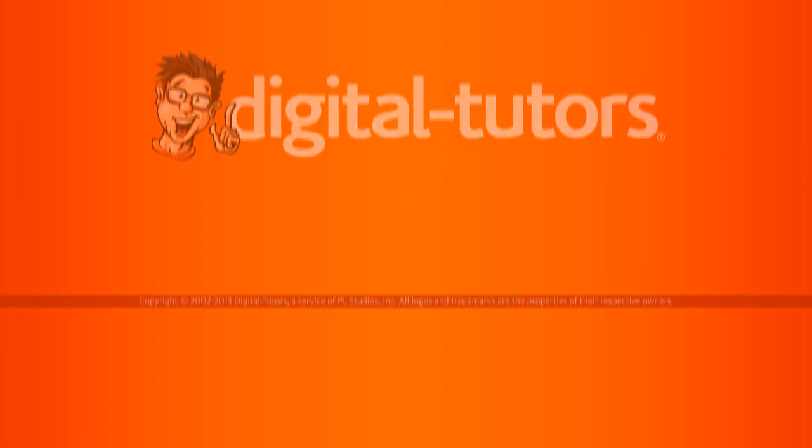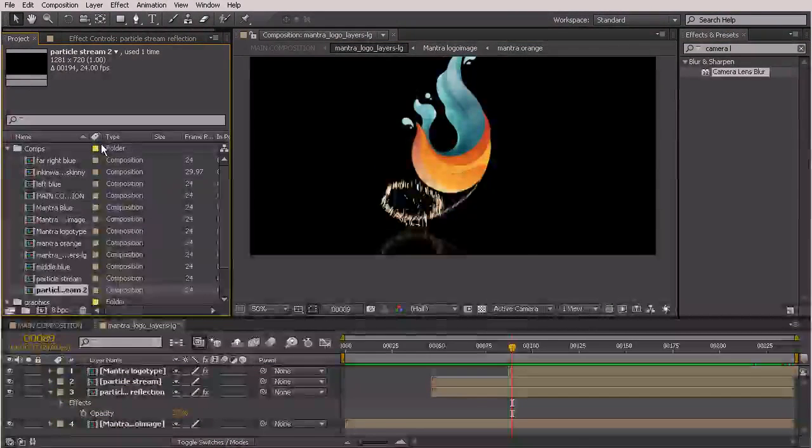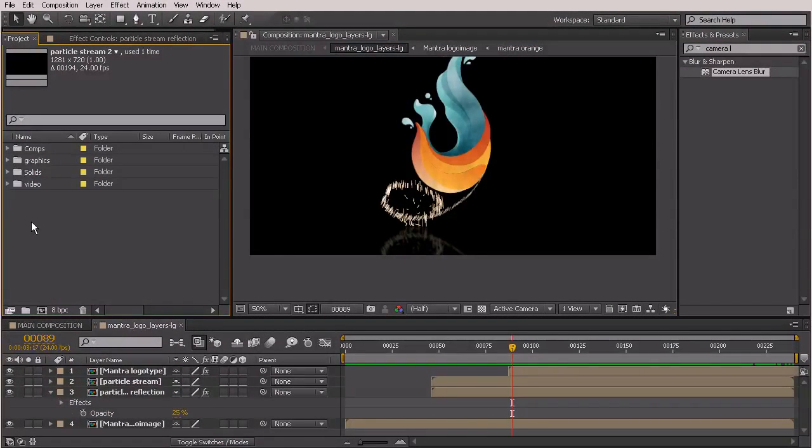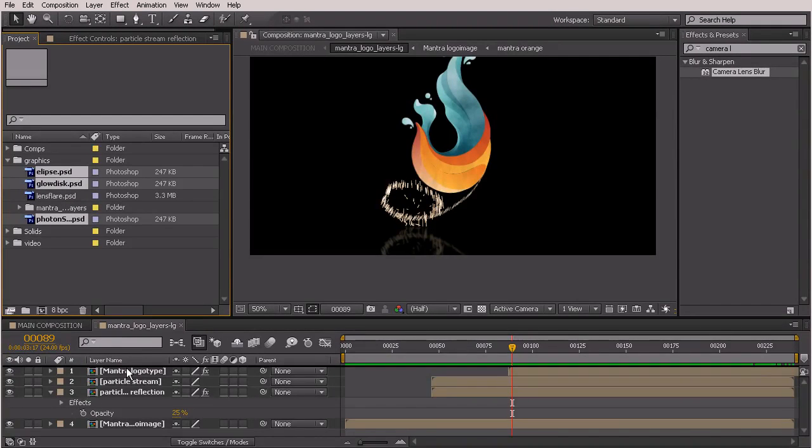In this lesson, we're going to use a flare to lead our particle trail. Okay, so let's go ahead and pull this over a bit so we can get to our project panel. And the thing that we're going to be using for this flare is going to be something that we created in graphics. So all of these things you see here, the ellipse, the glow disc, the lens flare, or actually not the lens flare, even though that has flare in the name, we'll be using this later on, and the photon star. So you can go ahead and grab those three and just drop them on top of everything that